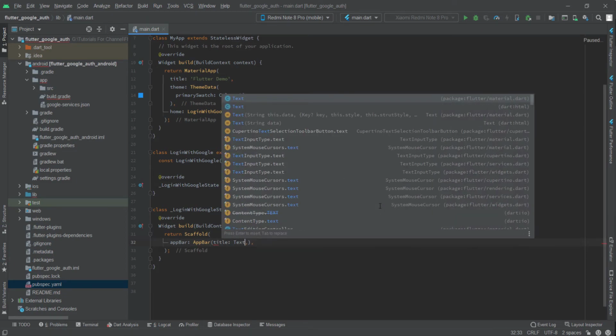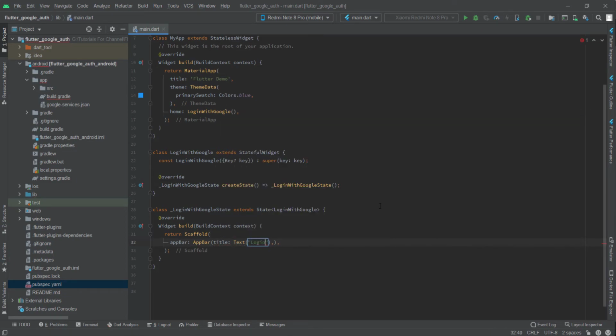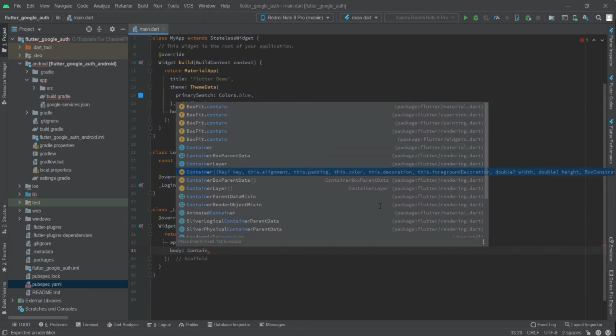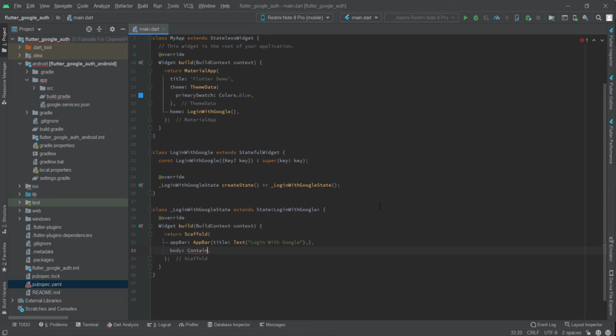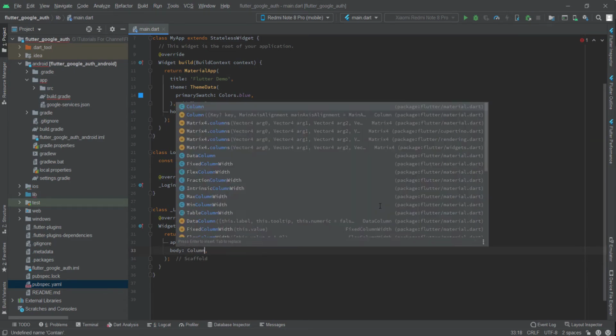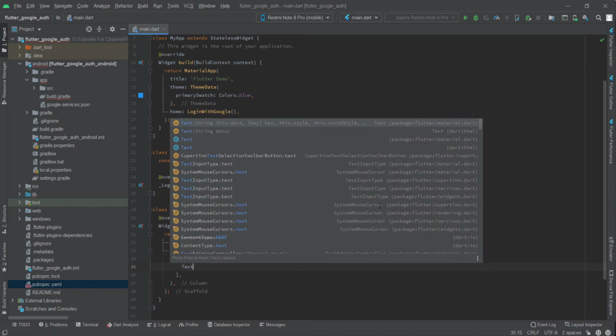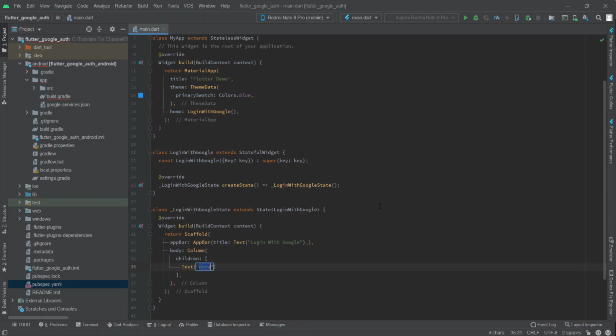title text, login with Google, body, and we need to define the container. No, we don't need to define the container for now. We just need to use column. Okay, children, and the first will be text, and here